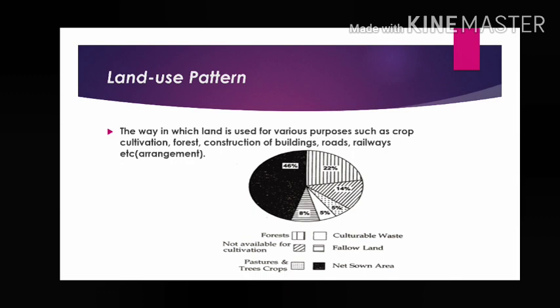And then another 5%, that is cultivable wasteland. That means it is that type of land which is now not in use, but in coming days it may be in use. Listen very carefully. Cultivable wasteland means it is that type of land which is not in use now. Why? It has lost its fertility, that's why. But if you apply some good technique, then this land can recover its fertility and it can be used again for different types of activities. It may be for crop cultivation. That is called cultivable wasteland.